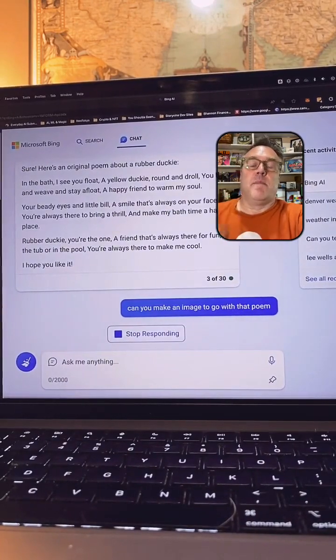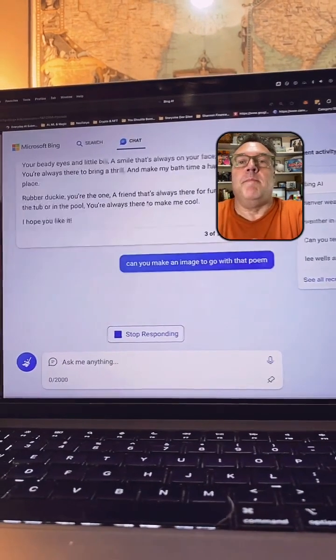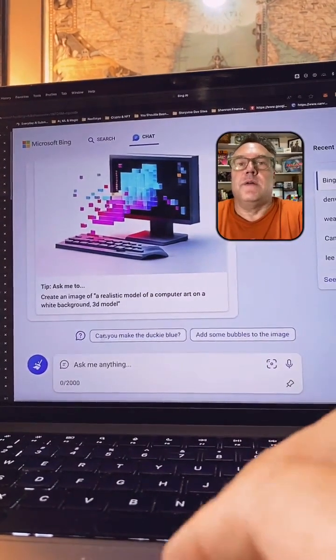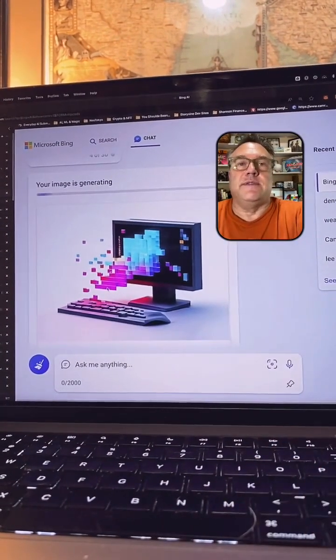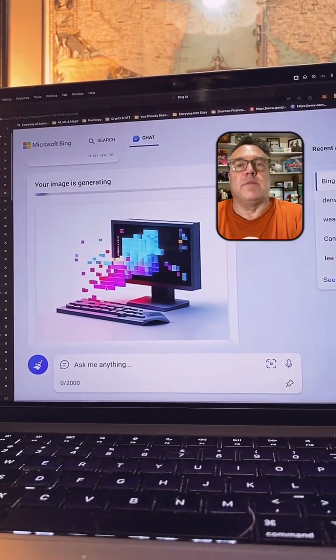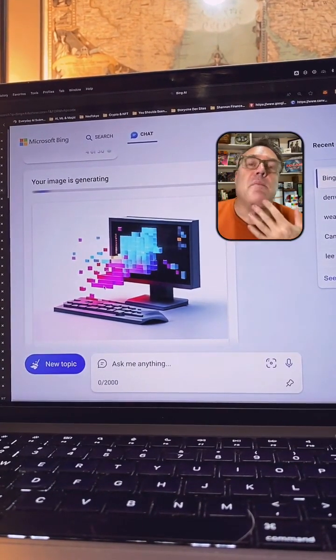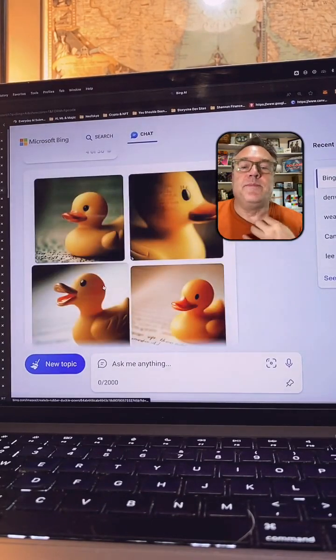Let's see if it does it. I'll try to create that. And so now it's off. It probably generated some prompt based on that poem. And we should see some rubber duckies here. Boom. There you go.